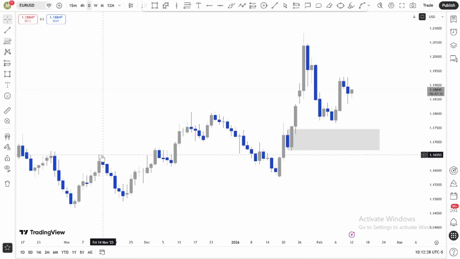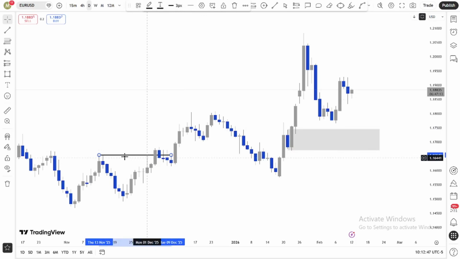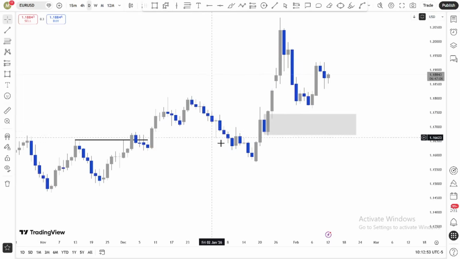You can see price gave us a break of structure here to the upside. Then price retraces down. After the retracement, price continued to the upside, giving us another break of structure here,